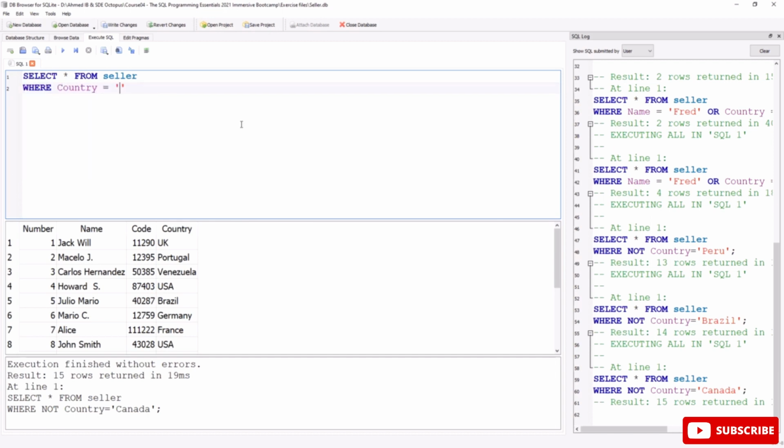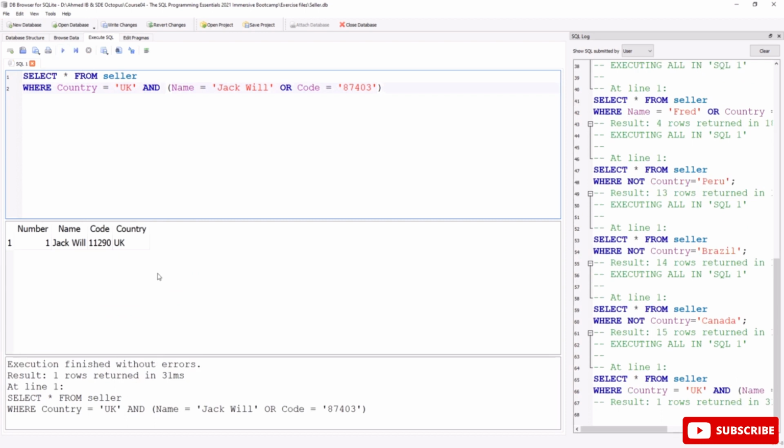Finally, let's take an example that combines the logical operators AND and OR in the same example. Look at this condition. After selecting the whole data from the seller table, we set the condition country is equal to UK AND the output from the OR operator: name is equal to Jackwell, or code is equal to this code. You can see the OR operator in this case is surrounded by round brackets,